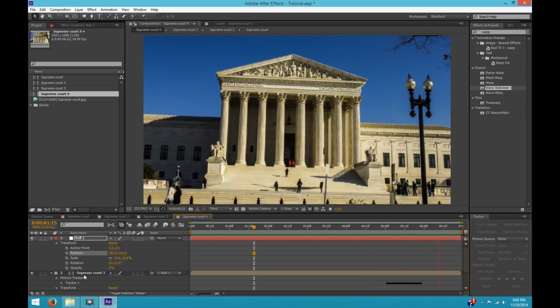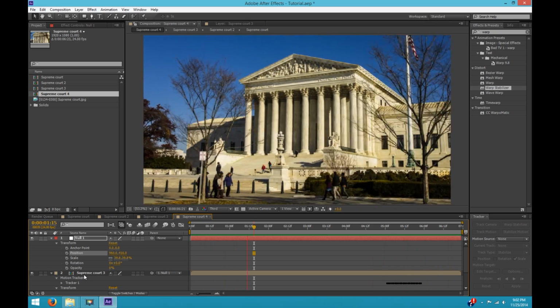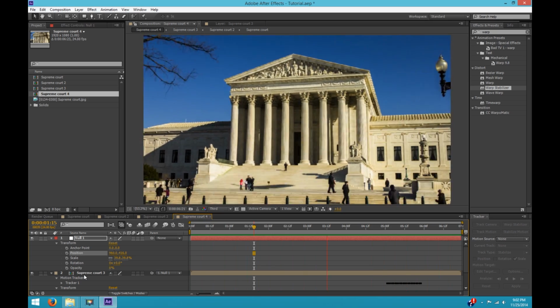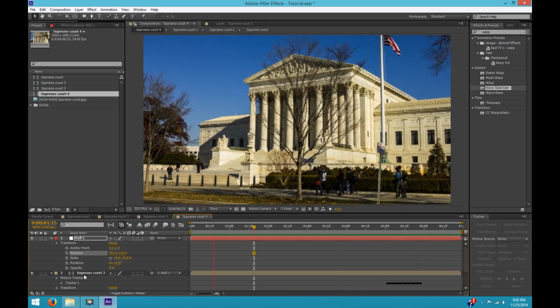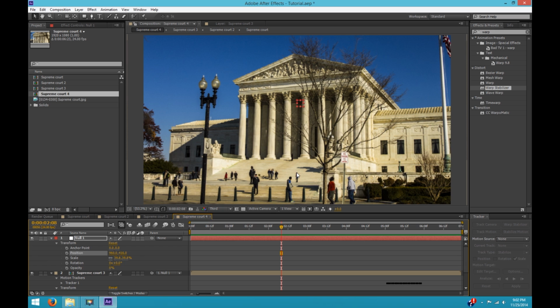So there we go. I think this is pretty much done. Okay, so I'm also going to show you another technique. In the first technique, I did position tracking first and then rotation separately. But I'm going to show you another technique where you can do position and rotation tracking together and do multiple trackers to get around this tree.